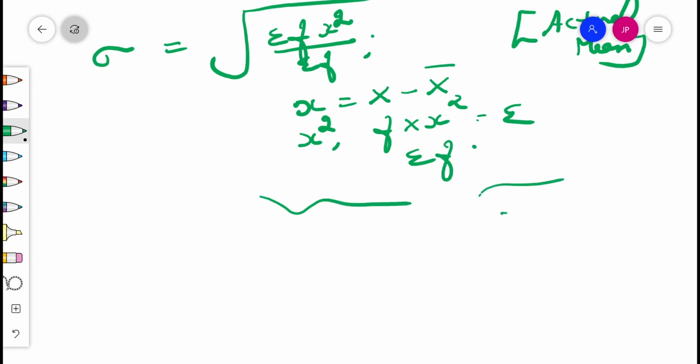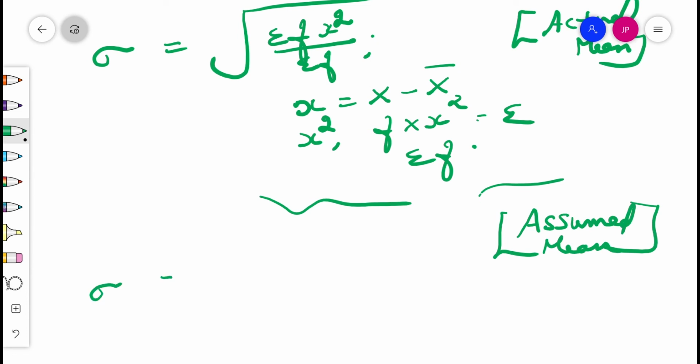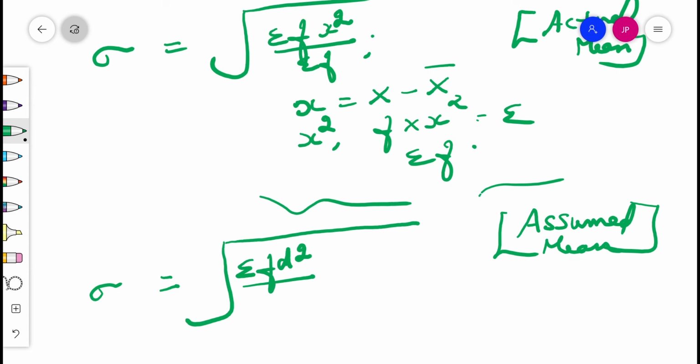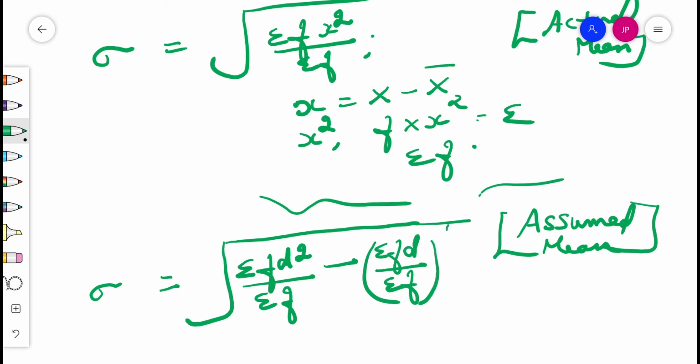Then what is the next one? It's the assumed mean method, with the frequencies given. So what is the formula? The previous one was sigma d square. Here frequencies are to be multiplied with d square, isn't it? That's also a positive square root, no change. Sigma f d square is a bigger term than sigma fd, isn't it? Sigma f d square by sigma f minus, do not forget to put minus, sigma fd by sigma f, doing this calculation, then square it.